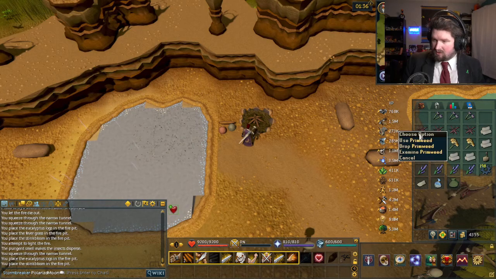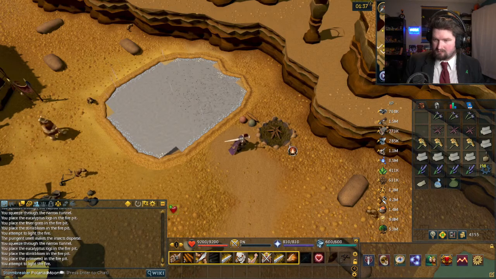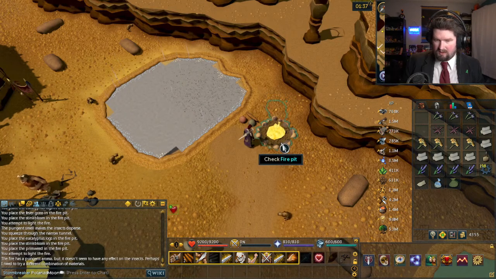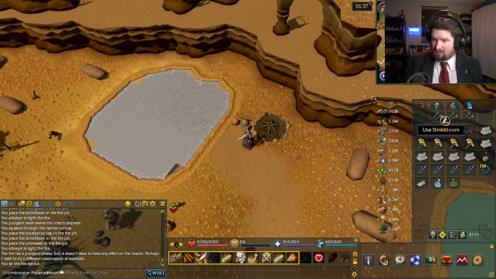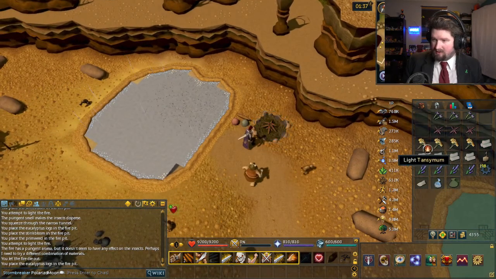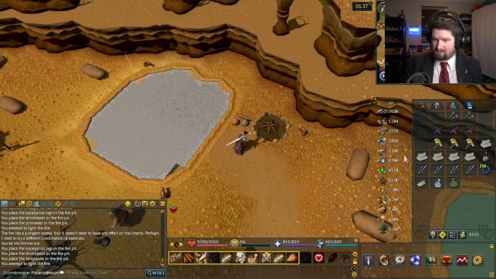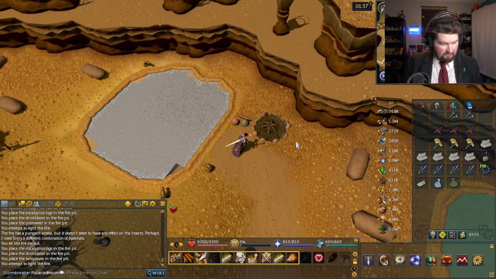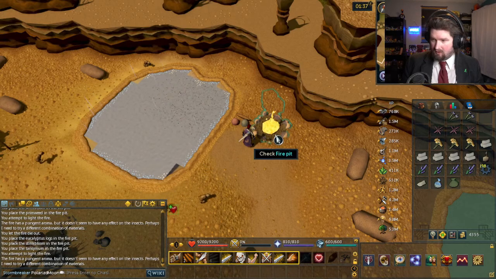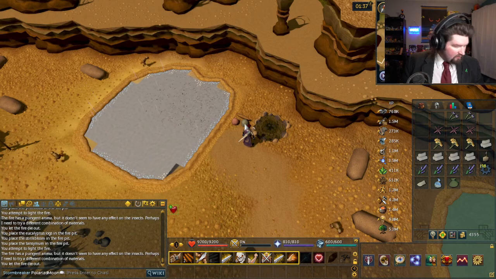So let's try, I guess we're gonna try these in order. So primweed and light it. That did not work. Okay. So let's use the eucalyptus here, stink bloom, and the tanzimum. And then light it. Come on. You got this. Light it. We good? Can you light it? Nope, that didn't work. So that means that the green one is the...